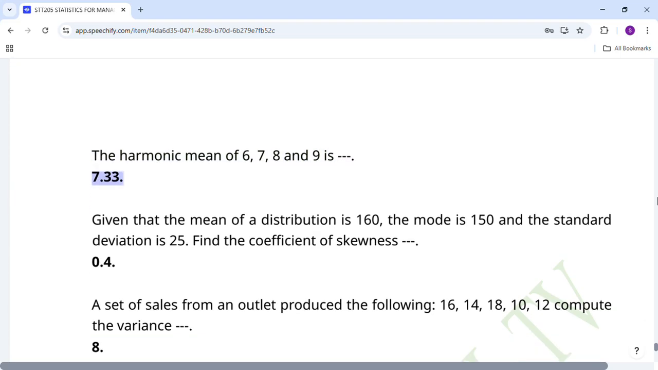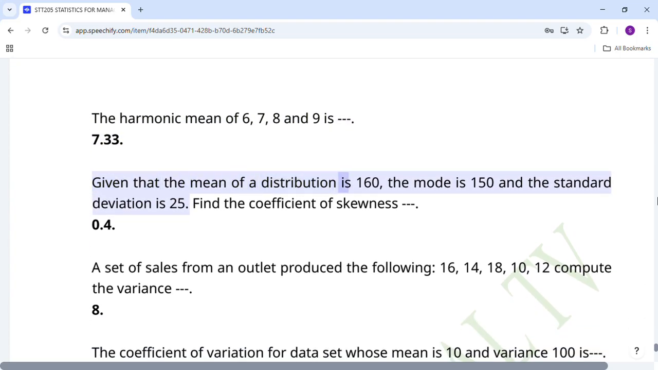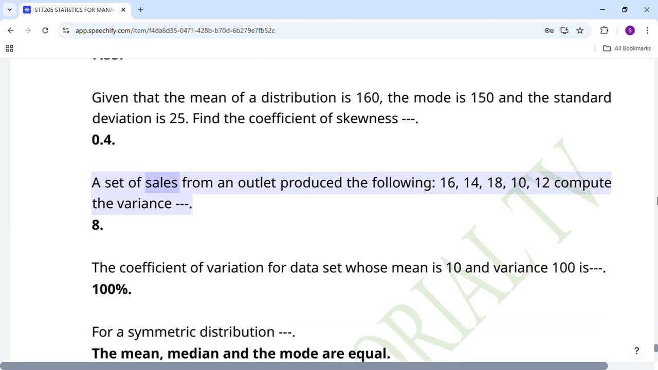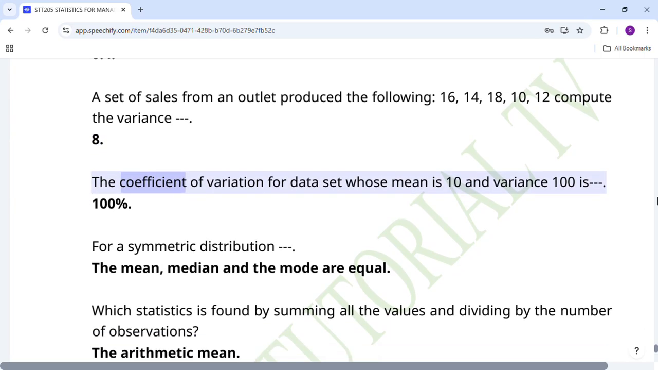7.33. Given that the mean of a distribution is 160, the mode is 150 and the standard deviation is 25, find the coefficient of skewness: 0.4. A set of sales from an outlet produced the following: 16, 14, 18, 10, 12. Compute the variance: 8. The coefficient of variation for a data set whose mean is 10 and variance 100 is